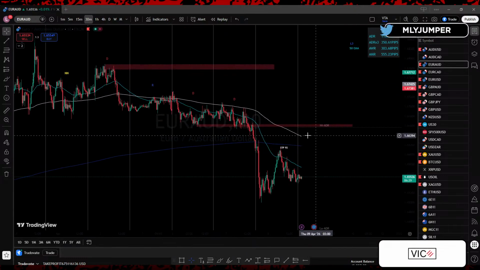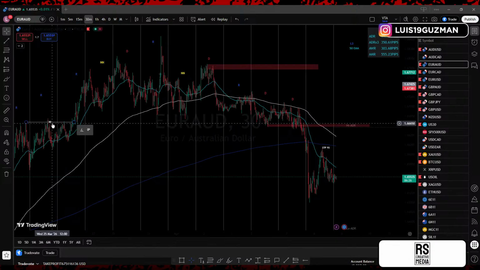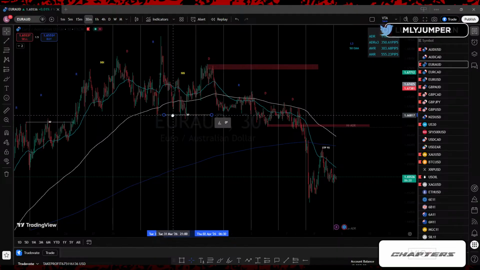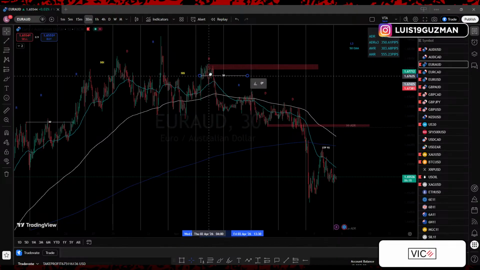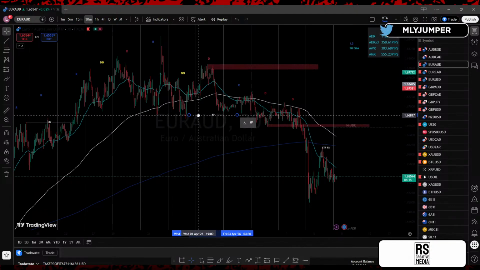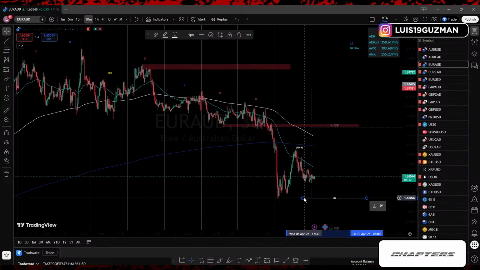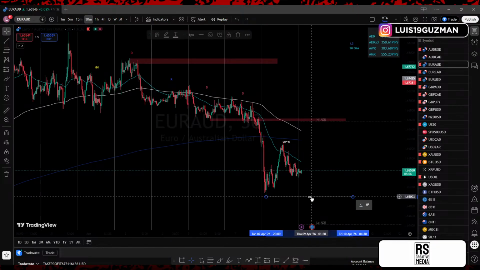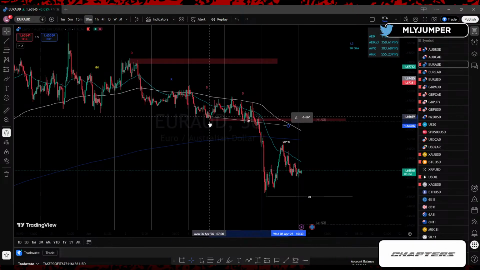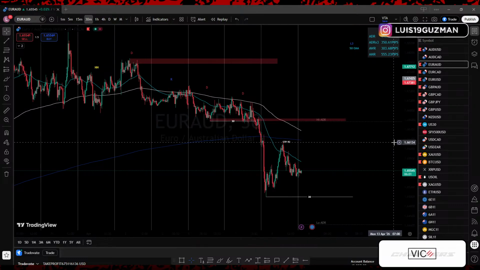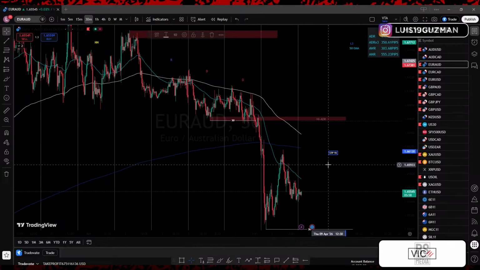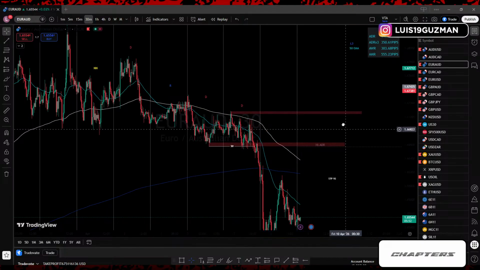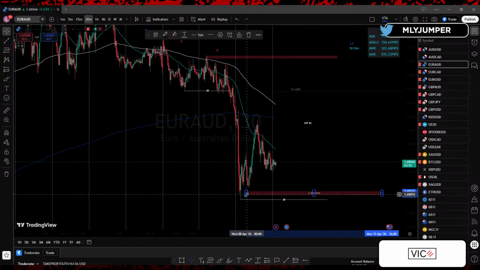So let's mark this up the right way real quick. High, low, high, then gave us a change of character, lower low, lower high, gave us lower low, right? So lower low, lower high. Yeah, we'll mark it up this way. So we're trading between this low, to keep it a little bit tighter. We'll mark it up this way. So we're trading between this lower high point and this lower low down here.